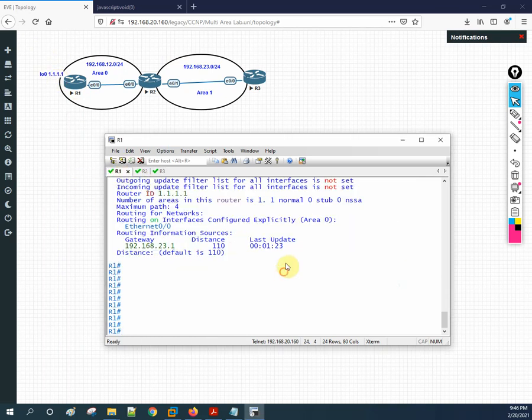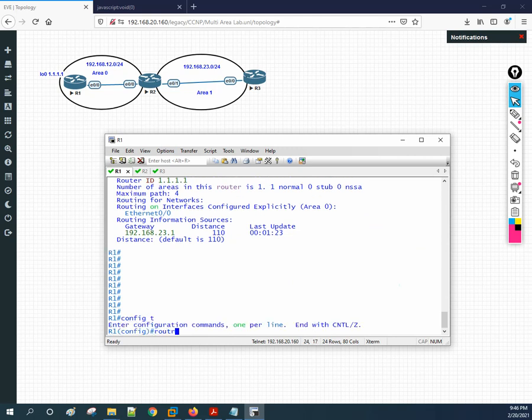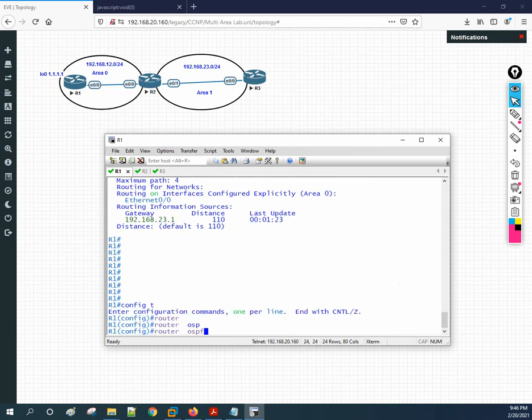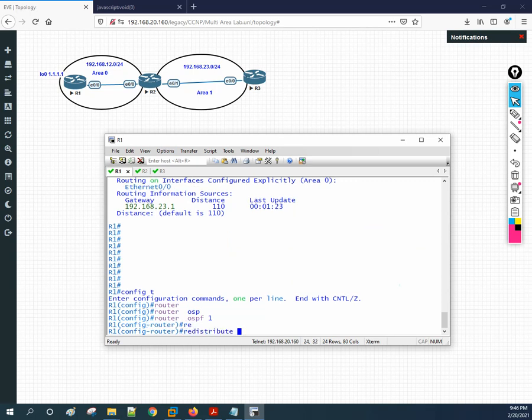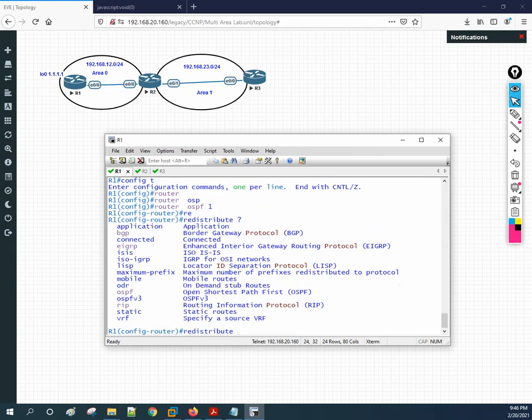I will go here in R1, do config t, then write router ospf 1. Then we write redistribute. If you have confusion, write a question mark. You can write connected, because loopback 0 is directly connected to me.